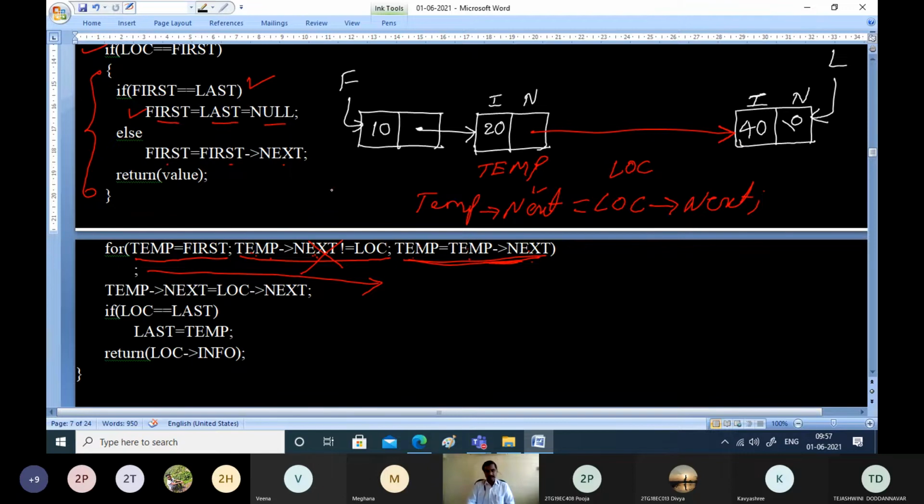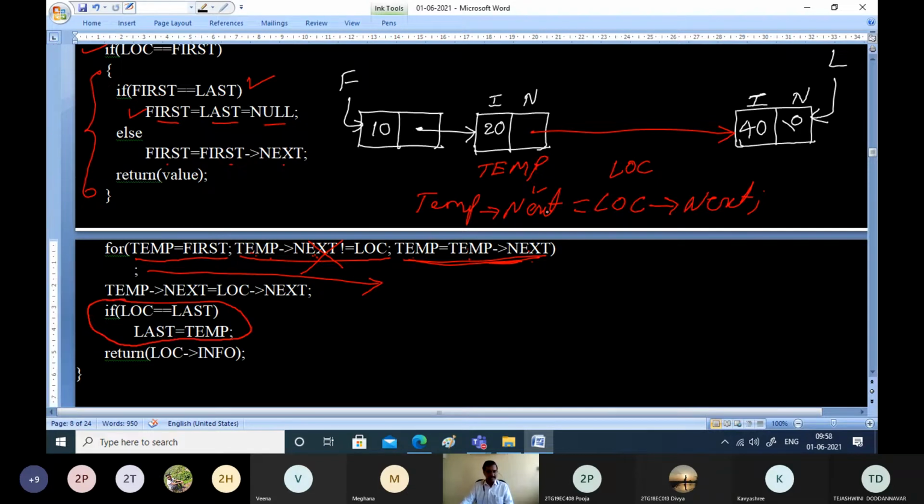Now, after traversing all these cases, it is possible that you want to delete the last node also. That also we have to check. In that case, I hope this is understood now. When we delete this, this is the case. Now we have to see this part also. Not this one, this case.